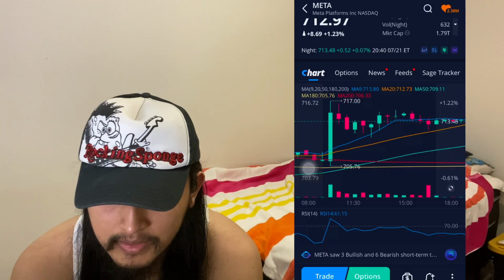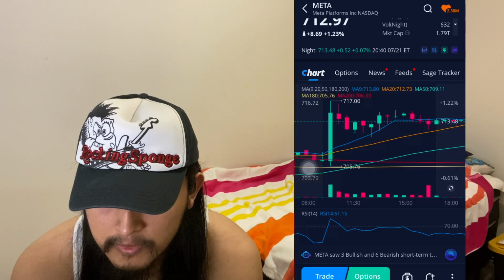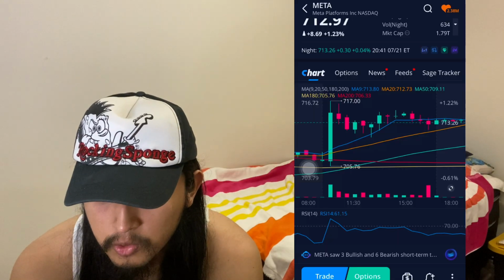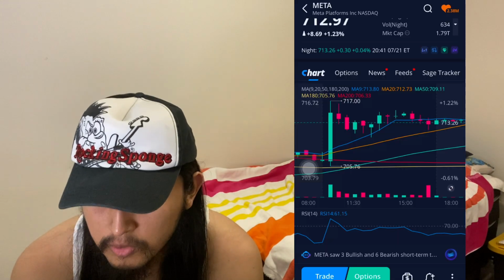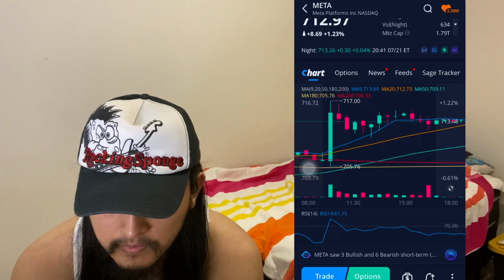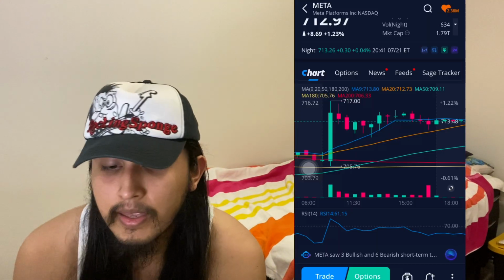Now it's looking like the 9-day moving average is going below the 20-day moving average. So that's a change in the trend, and that's basically indicating that we could see a bearish trend if the 9-day moving average is moving below the 20-day moving average. And so